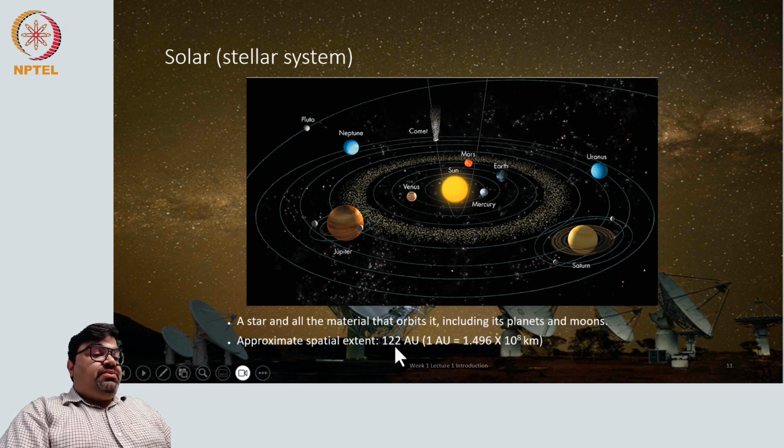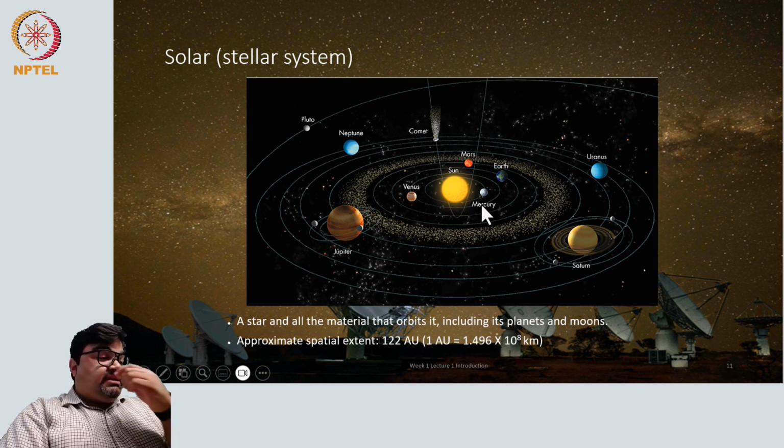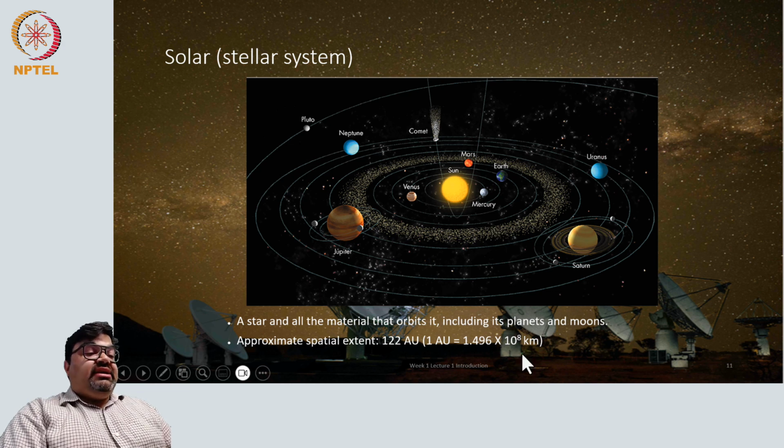And so the scale of the solar system is roughly about 122 AU, so about 10^2, 100 AU, this is the size of the solar system. So 1 AU is roughly 10^8 kilometers. Okay, so it is much larger than the solar size, and you can see the dimensions changing. As we are zooming out from our planet to the Sun to the solar system, the